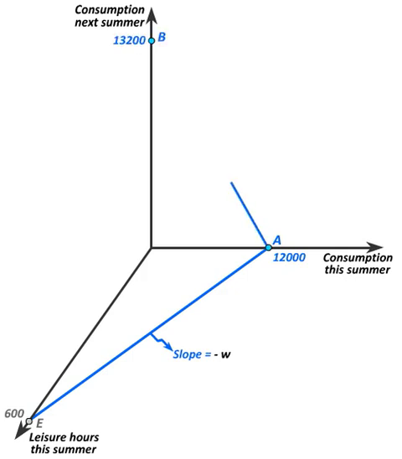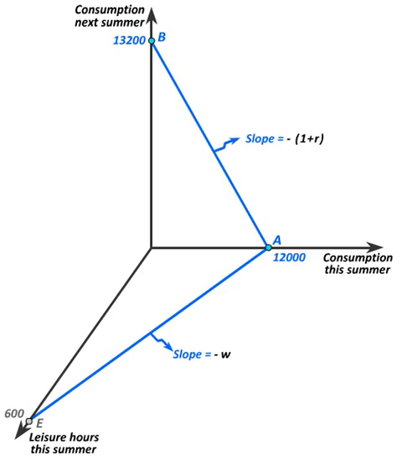Now suppose you indeed decided to give up all of your leisure this summer and earn $12,000. We can then look at the plane that's formed by the two consumption axes, consumption this summer and consumption next summer. You can still consume bundle A, the $12,000, this summer, or you can save some of it. If the interest rate is 10%, then you could earn as much as $1,200 in interest, in addition to having the $12,000 available in your bank account. So the most you could consume next summer is $13,200, or bundle B, if you give up all consumption this summer.